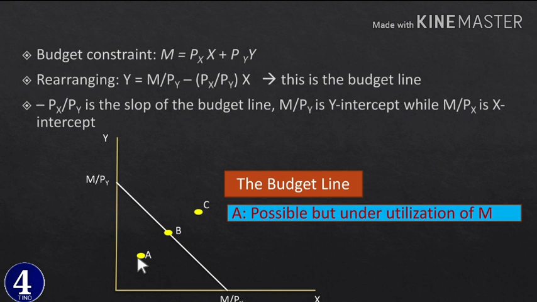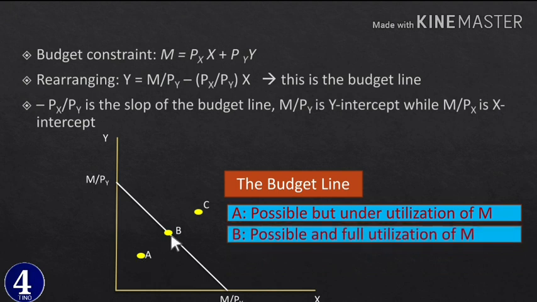ከ100 ብር በታች ወጪ እያወጣን ነው ኮንሱም እያደረግን ያለ ነው ማለት ነው። when we come to point B ላይ ስንመጣ እቺ point B ደግሞ actually አሁንም still triangle ላይ ስላለች it is possible and also it is a point of full utilization of our income ማለት ያለንን ገንዘብ 100 ብር ካለን 100 ብሩን ሁሉ አውጥተን ነው ቢ ላይ የደረስነው። ቢ ማለት ይሄን ያክል ኤክስ እና ይሄን ያክል ዋይ ማለት ነው። ኤ ማለት ደግሞ ይሄን ያክል ኤክስ